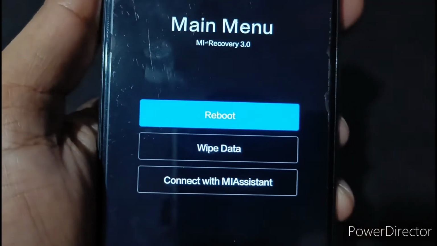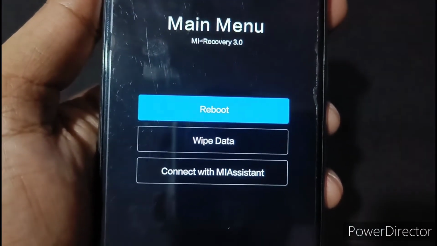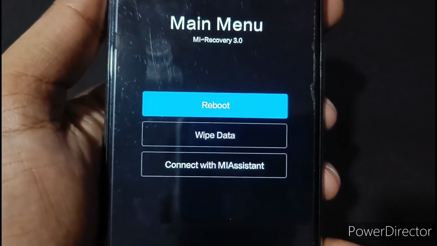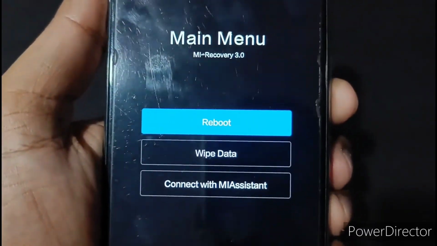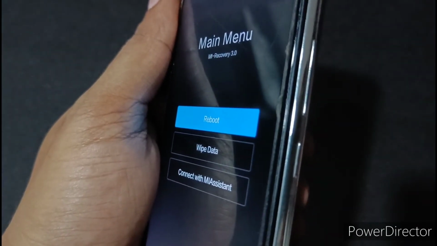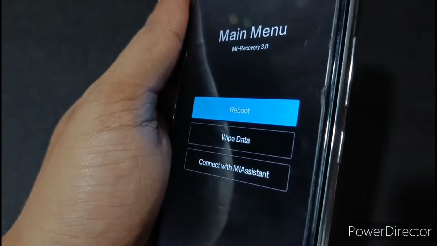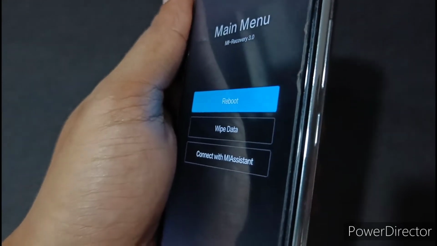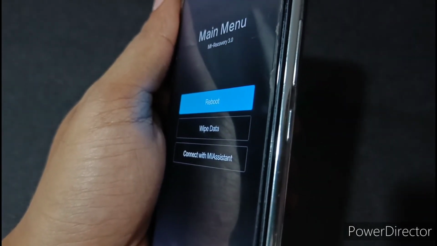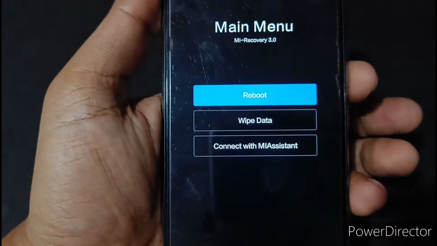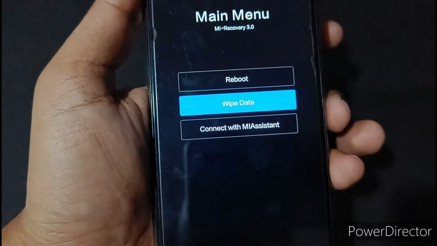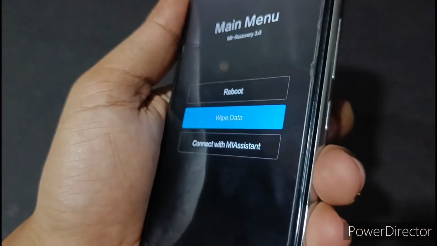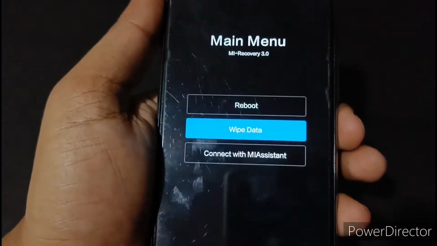And here are three options: reboot, wipe data, and connect with MI Assistant. Use the volume down key and up key to move upward and downward, and for enter you should use the power button. So through the down key select wipe data, and for enter you use the power button.